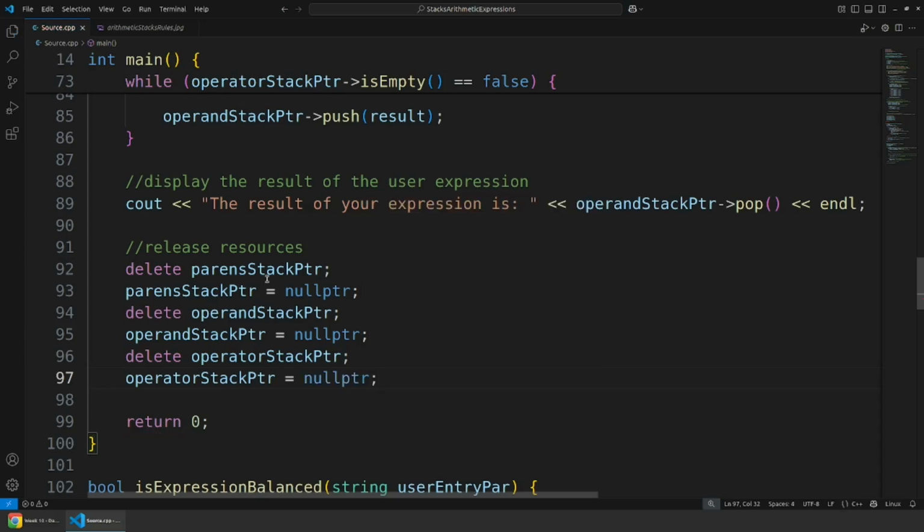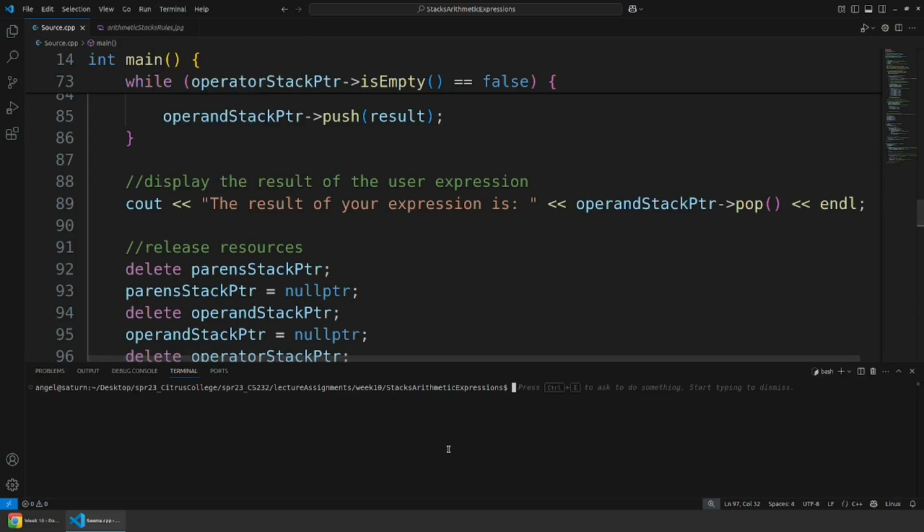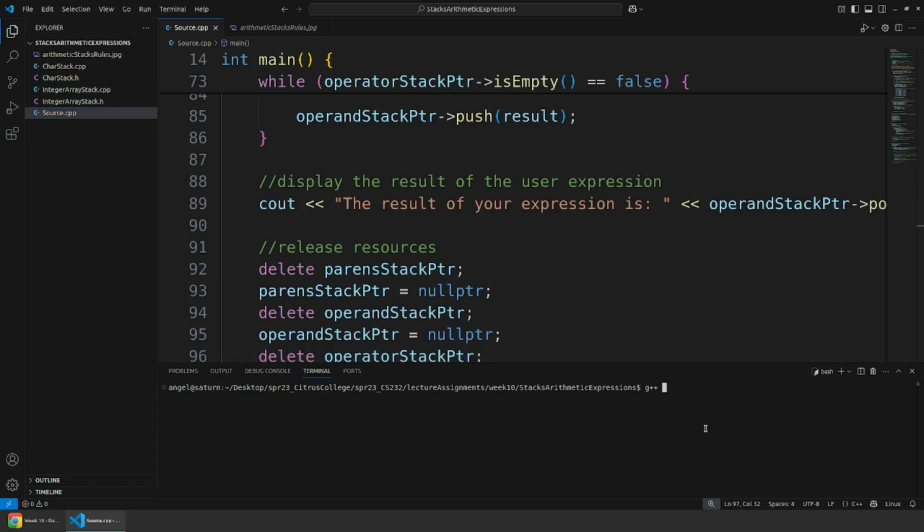And then I save. Okay. All right, it's time for the moment of truth. We're going to run this thing. So I'm going to open up a new terminal. I know this is a little small, but I'll just spell out what I'm doing. So I say g++, and then I give the names of the implementation files and my source file. So it's source.cpp,